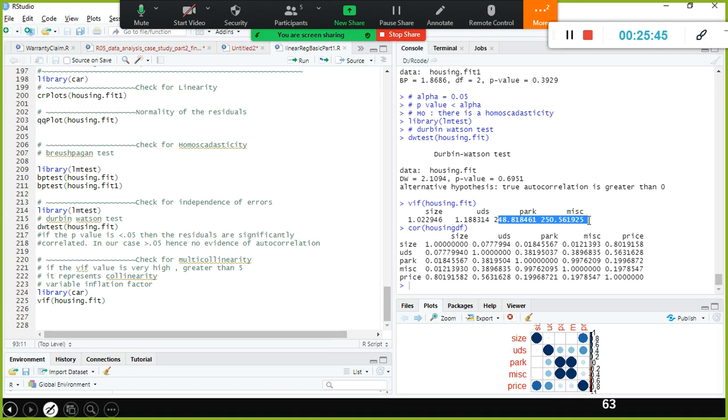Then how do I fix the multicollinearity? Of these two features, you drop one feature. I include only one feature. Of these two collinear features, include only one. Knock out any one of them. Then you fit the model, check the RMSE, and create another model. This time you drop this collinear variable, include this one only along with the other two variables, and then check the RMSE. Of these two models, whichever model's RMSE is lesser, that is the best model.